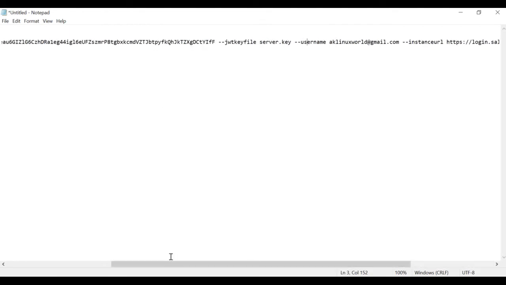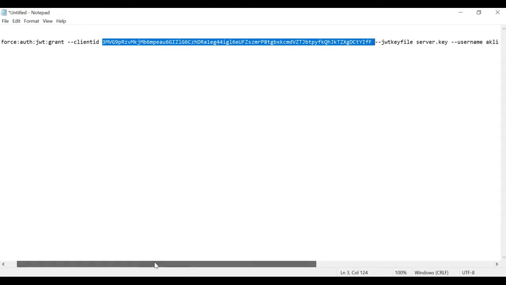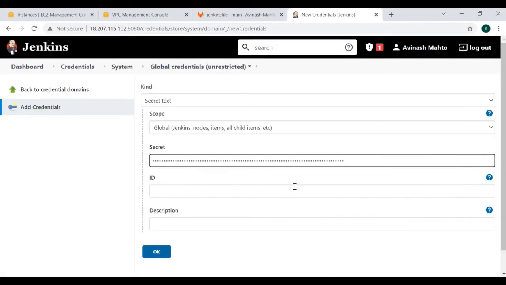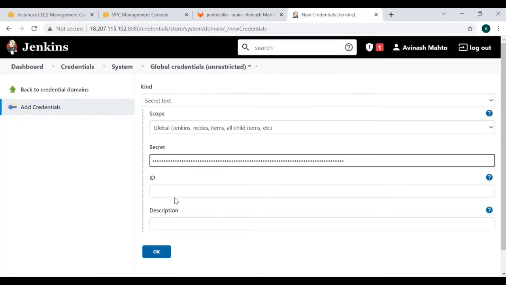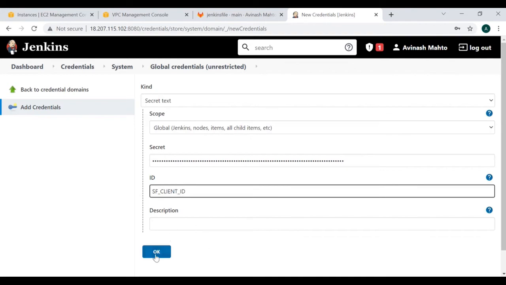But this is a hard coded value, as you can see here. So if you don't want to put the hard coded value and you want to pass the value as a parameter, then how can you do it? This is the correct way that you can do it, and I will show you in just a couple of minutes.